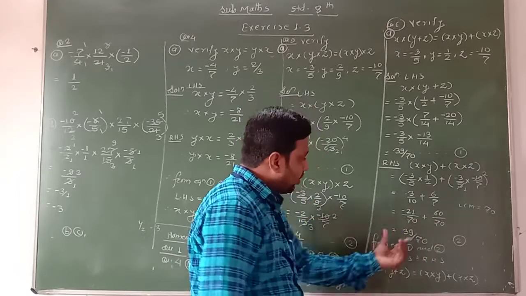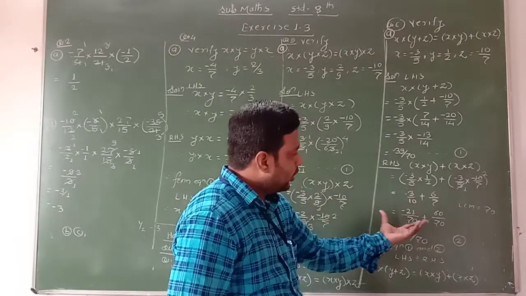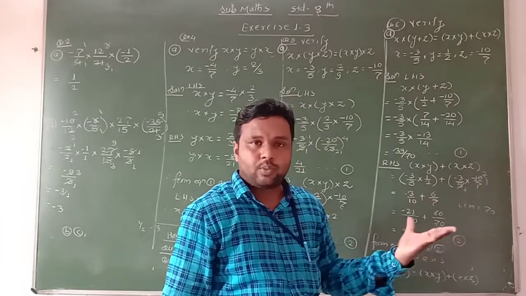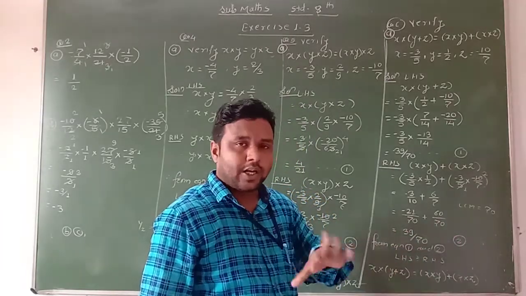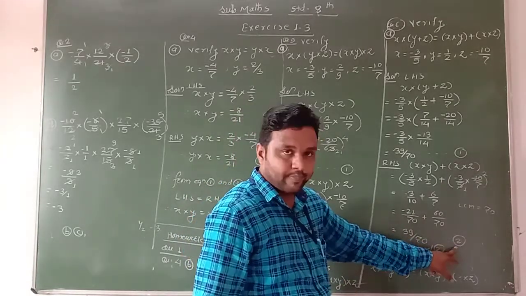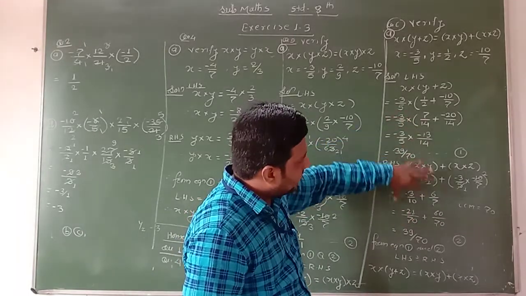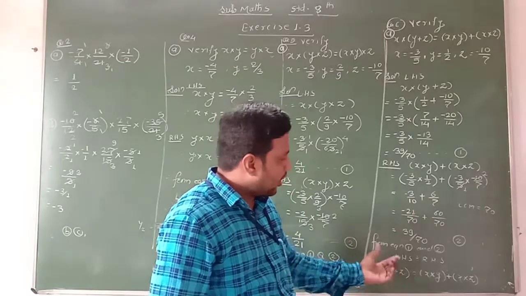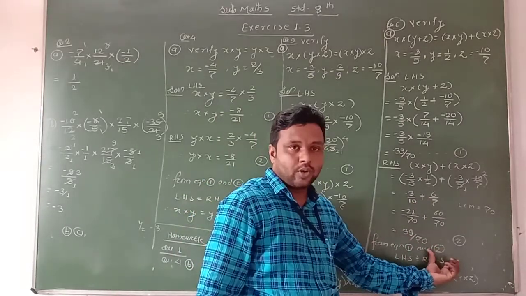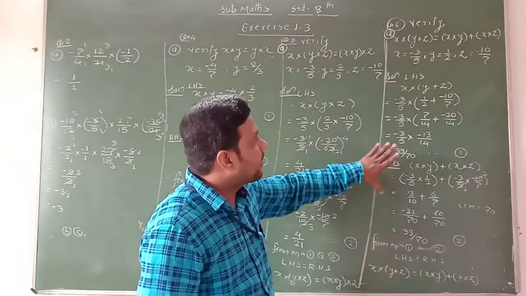Now in this step the denominators are equal, we take the common denominator 70 as it is. In numerator minus 21 plus 60. One positive, one negative integer, then subtraction we have to do. And here we get the answer 39 upon 70. Equation number 2. If you observe equation 1 and 2, both are equal. 39 upon 70, 39 upon 70. Therefore from equation 1 and 2, here we can write left hand side is equal to right hand side. That is the distributive property. In this way we verify the property.